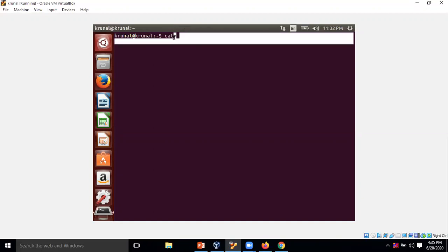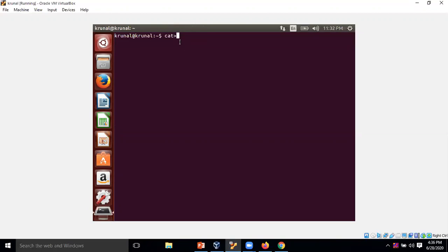This is the one operator that we have to use to create a file with the help of the cat command. Then you have to mention the file name. Once you press enter, it will allow you to insert some text in it. So I'm going to insert some text in it.